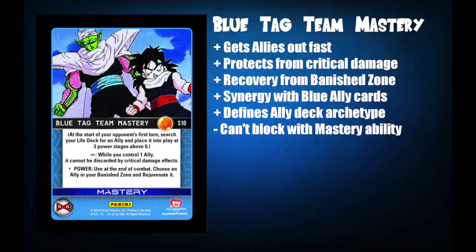That said, they can still be removed from the game by direct discard effects like Nappa's power, or they can be banished out directly by Blue Betrayal, Orange Stare Down, and even new cards like Android 17's Van, which is where the instant power comes in, and it's an absolutely ridiculous instant power. At the end of combat, if you have an ally in your banish zone, you can choose that ally and